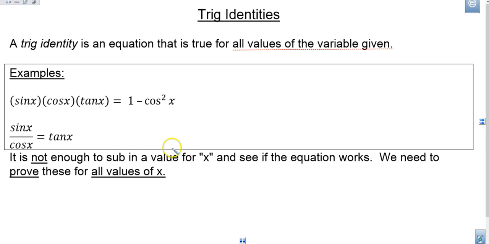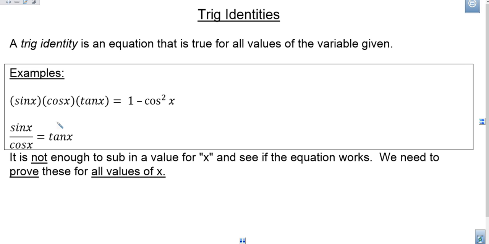Now, it's not enough to just substitute in a value of x and see if the equation works. That's what you would have done before. For example, to see if sine 30 degrees divided by cosine 30 degrees is equal to tangent of 30 degrees. That's not what we're going to be doing this time. This time, we're going to be looking and trying to solve if this equation or any equation works for all